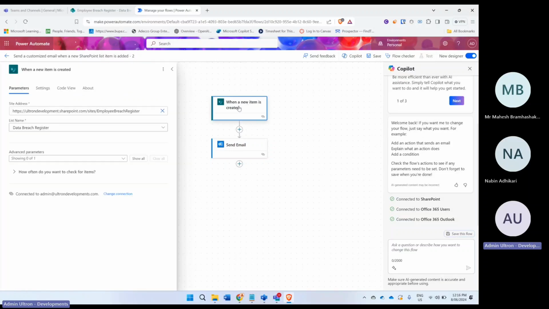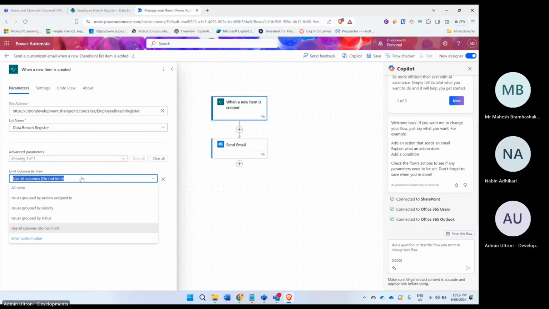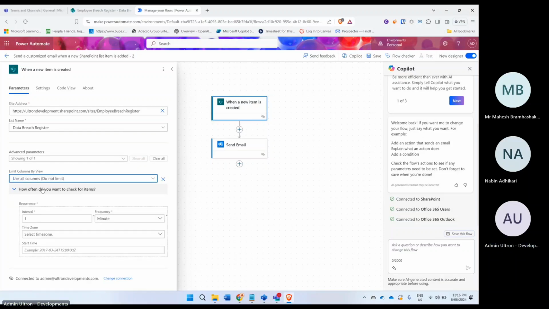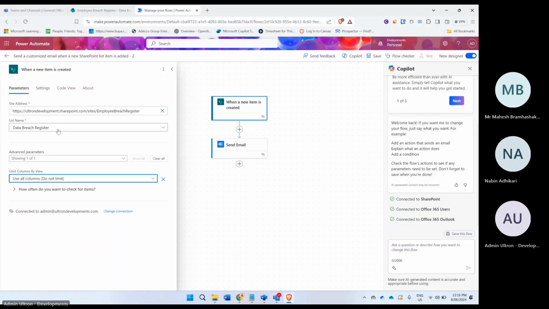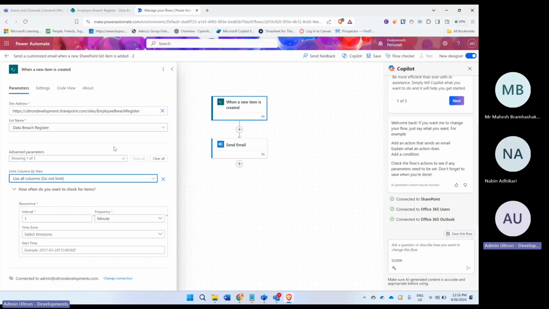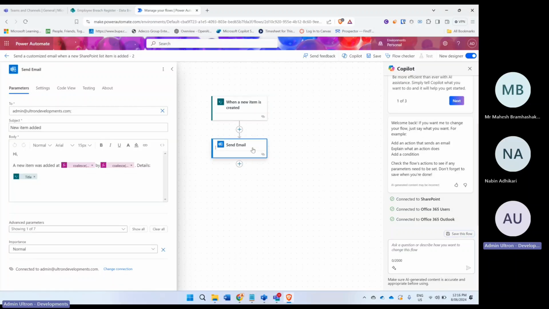When a new item is created, under advanced parameters, show all. So every minute it's checking, which is good. When a new item is created, I don't want to send every single item created because it will have